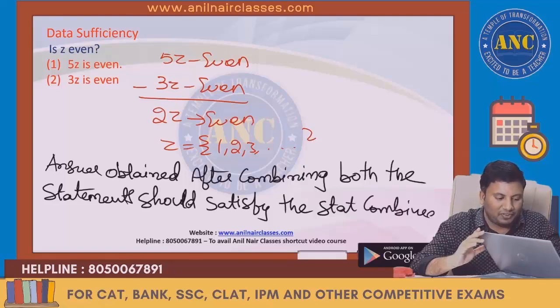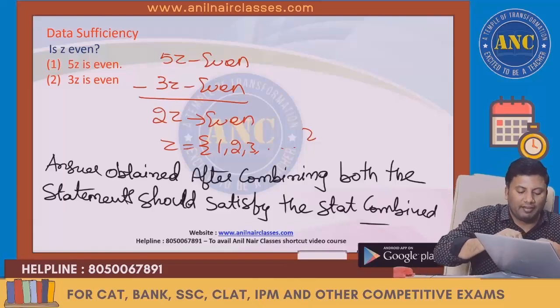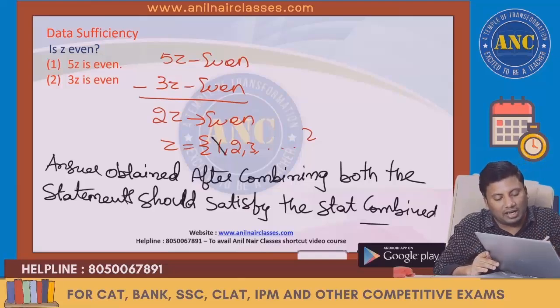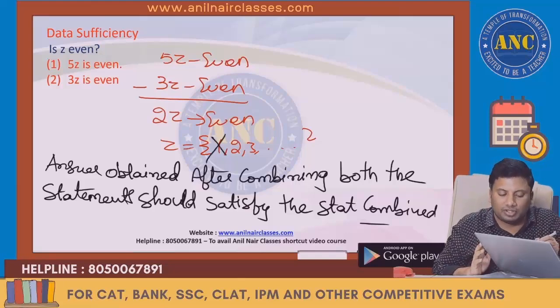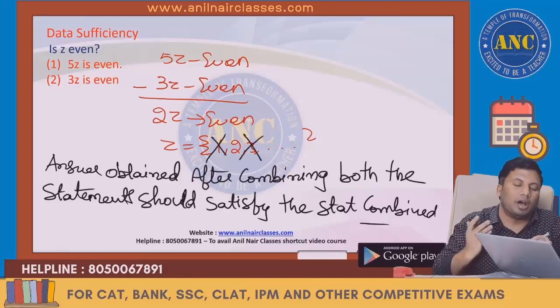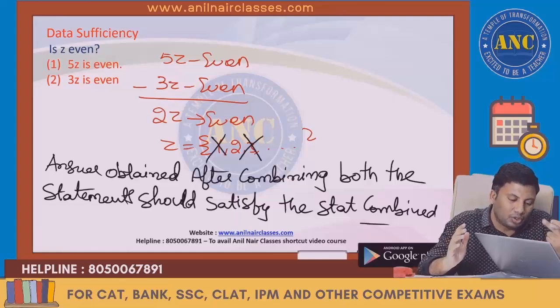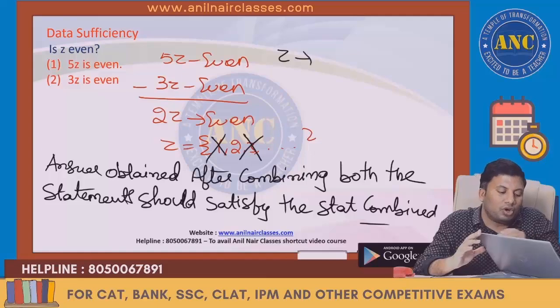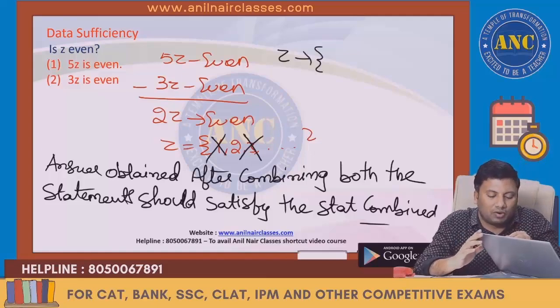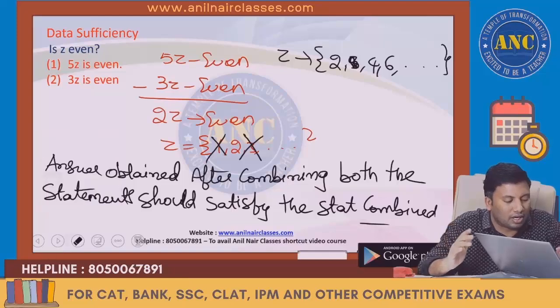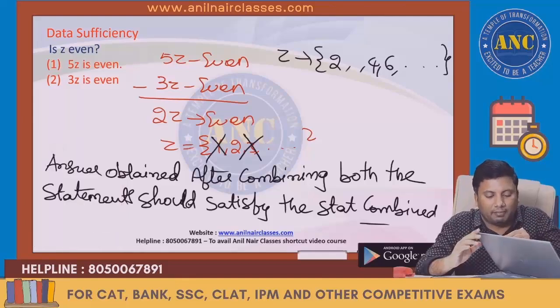So the value of z should satisfy 5z and 3z. Z is 1: 5 into 1, 5, odd number, not possible. 3 into 1, 3, not possible. All odd values are out. Z is 2: 5 into 2, 10, even. 3 into 2, 6, even. So of 1, 2, 3, 4, the odd values 1 and 3 are out. The resultant z value is 2, 4, 6 and so on. These are all even numbers, definitely even numbers. The answer is